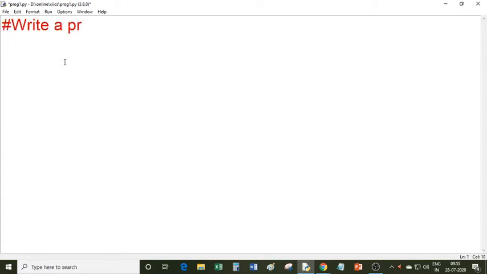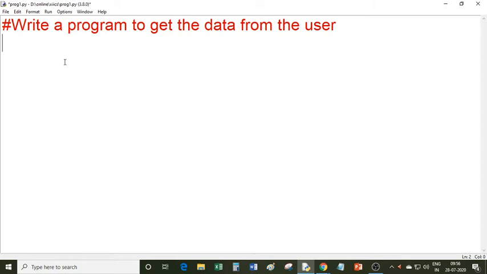Write a program to get the data from the user and store that data in a CSV file.